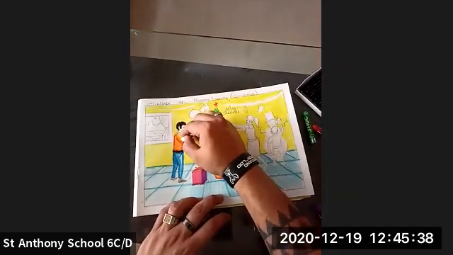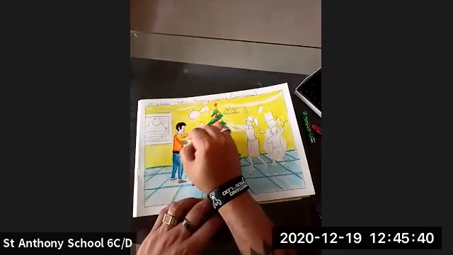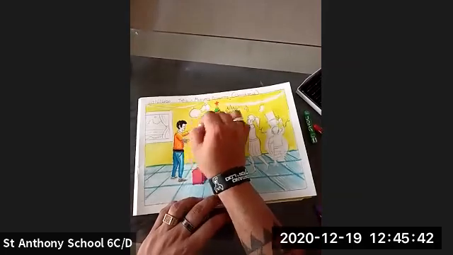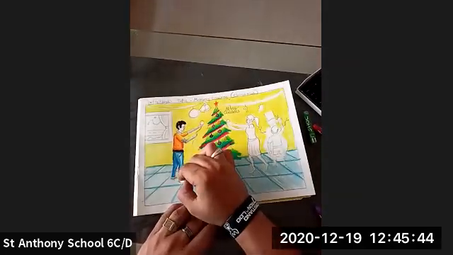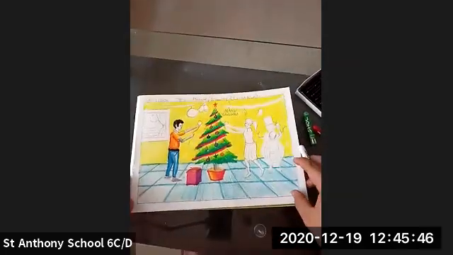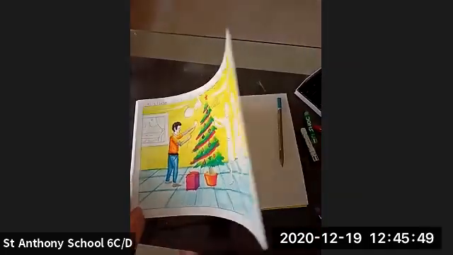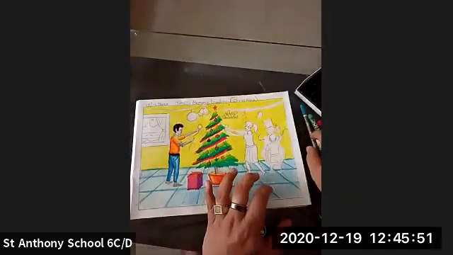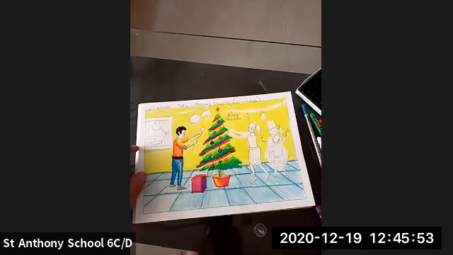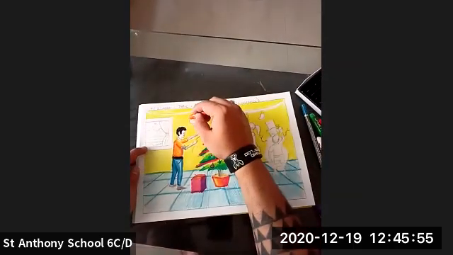You can use mixed media also for coloring. So this is how you're going to color it. I hope each and everyone is understanding how to do it.